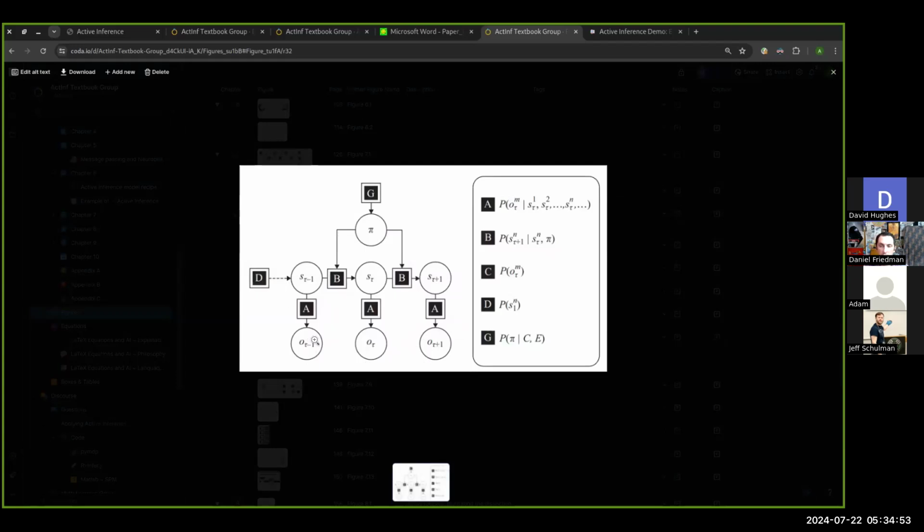We have observations, like thermometer readings, coming in at each time step, and they're getting mapped to beliefs about temperature in the room. And then B is a matrix that is going to apply to the hidden state and fold it into the next time step. So then B has these slices. It's kind of like index cards.